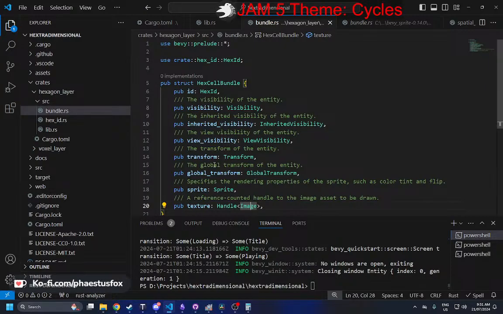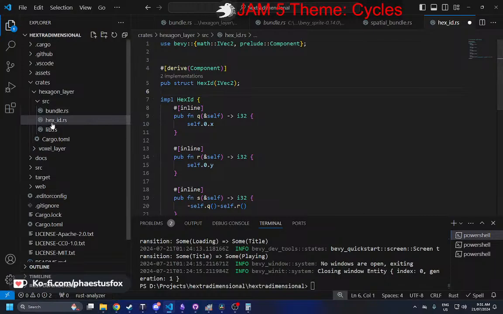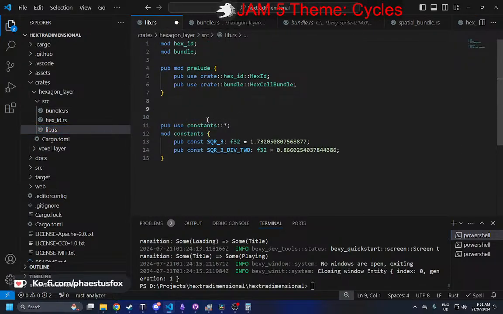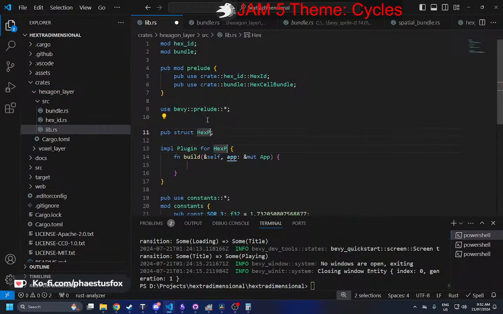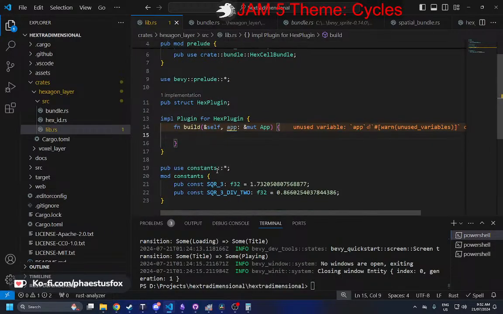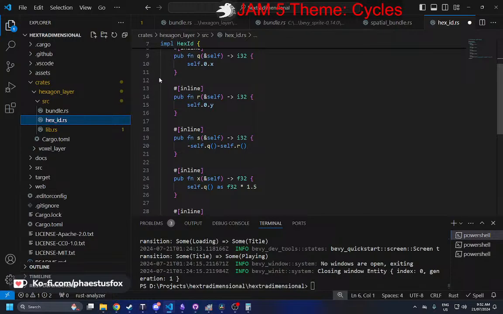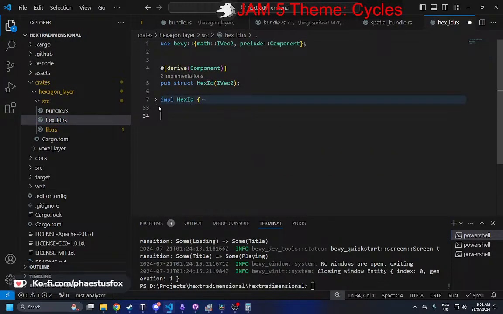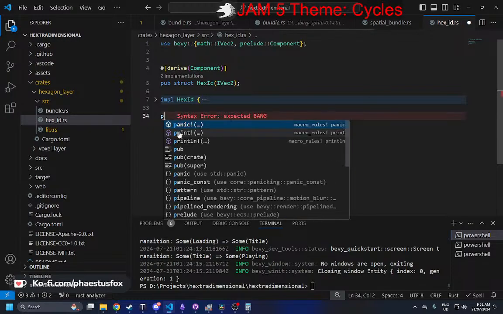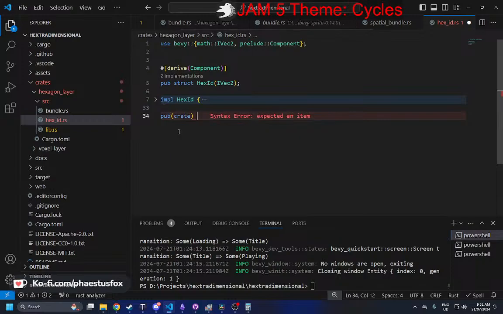So next, what we need to do is go to our hex ID, and we need to maybe add a plugin on our top layer here. Plugin. Okay, and this is going to be our hex plugin. Right, and then what the hex plugin is going to do is we're going to go down to our hexagon stuff here, and we're going to add our systems for controlling stuff like the hexagon. So we're going to say pub fn